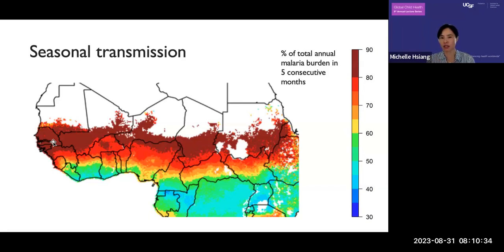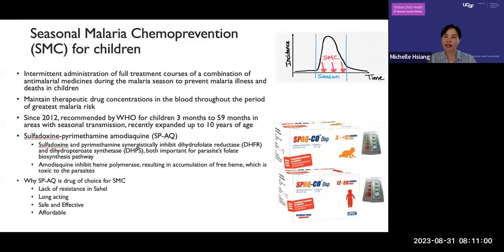It's really remarkable. In the low season, you get very few cases, but there is a reservoir of parasites in people that's subclinical or asymptomatic, maintaining transmission until the next season comes. The malaria season usually happens after the rains come. The meningitis season will happen in the dry season. It's a different time. So to address malaria in these areas of seasonal transmission, there was this intervention